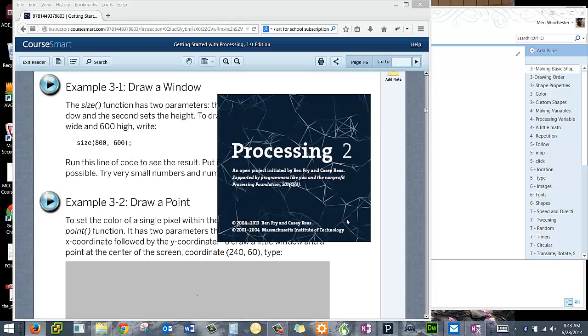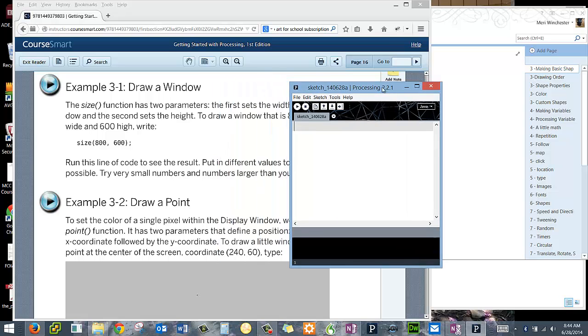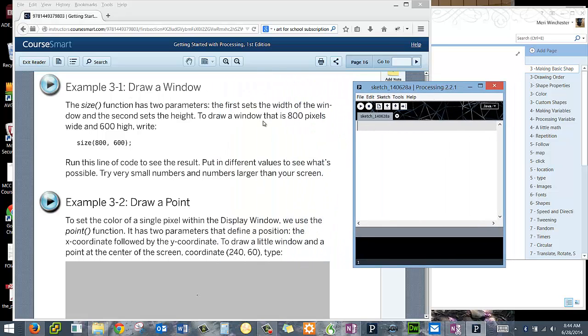You should have followed the directions and downloaded it and installed it at this point. It does work on Mac or PC, so you're in good shape on either. And then the first step is to draw a window. Those two slashes are comments, and I'm going to label each one as I do it. And so when I put it in,